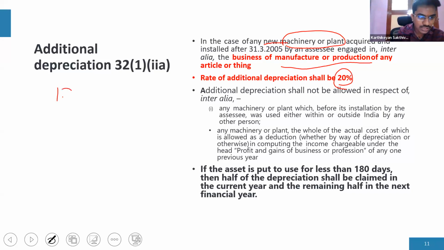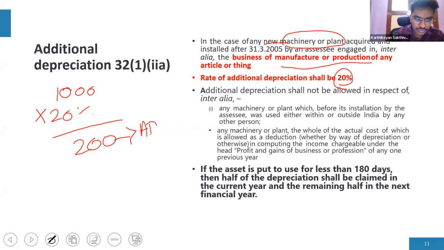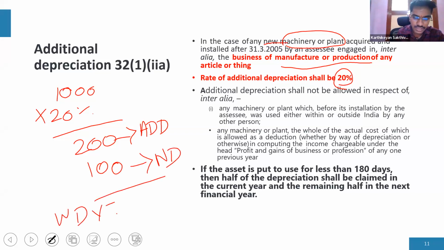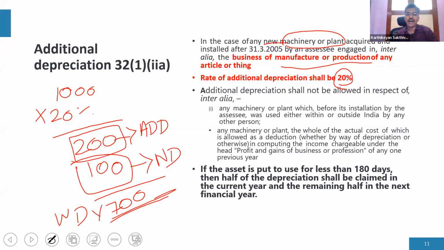So, இப்போ நீ வந்து ஒரு asset வாங்குற 1000 rupees. Okay. So, இந்த 1000 rupeesக்கு 20% எவ்வளோ வரும்? 200 rupees. கரெக்டா? So, இந்த 200 வந்து additional depreciation. ஆக்சுவல் காஸ்ட்ல உனக்கு assume for example இது சும்மா ஒரு ரேட் ஒரு 10% வச்சுக்கலாம், 15% நார்மலா இருக்கும். Just keeping it as 10, அது ஒரு 100 வரும். இது normal depreciation. So உன்னோட WDV at the end of first year வந்து 700 வரும். ஓகேவா? இந்த 100ன்றது normal depreciation, 200ன்றது accelerated depreciation or additional depreciation as the case may be.